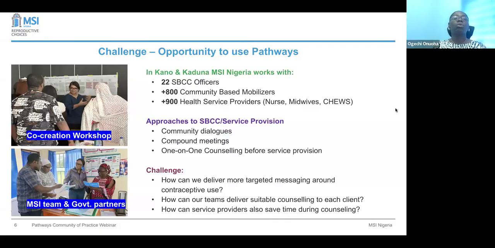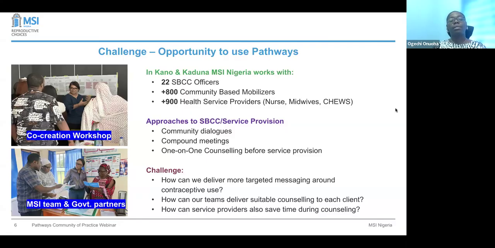So this was what led us to co-create with Pathways. We had a co-creation workshop where we brought together the MSI team, the Pathways team, the stakeholders from the government in the two states of intervention, as well as community-based mobilizers and service providers, looking at what will work best and how do we deploy this more efficiently. And that was what led us to the documents and the tools that were co-created. Beyond the co-creation activity, there were multiple engagements at the state level, engaging with government and partners to further have that collaboration that is required for a successful